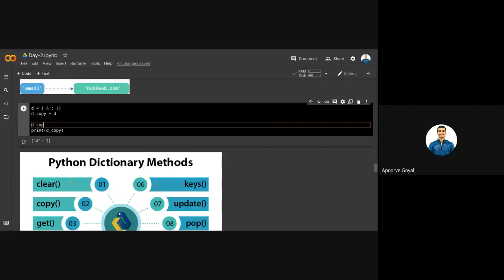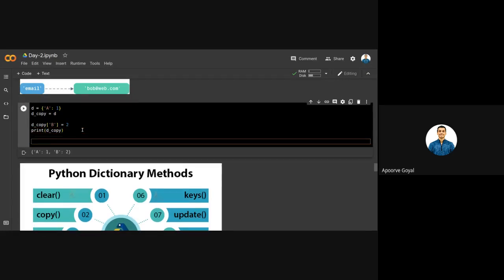So suppose what I do is, sorry, I will update. What does this update mean? Basically, update means I can add more values to the dictionary, or I can update an existing value. So if you want to add a new key value pair to the dictionary, you can simply use this way. Okay, you can simply define it. Suppose I write this 2, and now I print d copy.